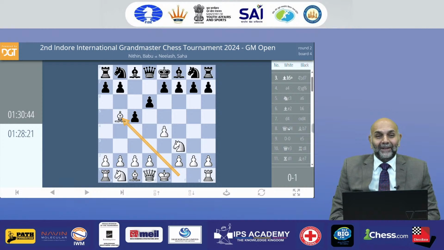Yes, there are many games in this opening which ended in 18 moves and 20 moves, but at the same time, when black was able to defend this position, black has also won some very fantastic games. I think one of the best players in this particular line is Viswanathan Anand, our own world champion, who has played very interesting games, particularly against Michael Adams of England in their match.